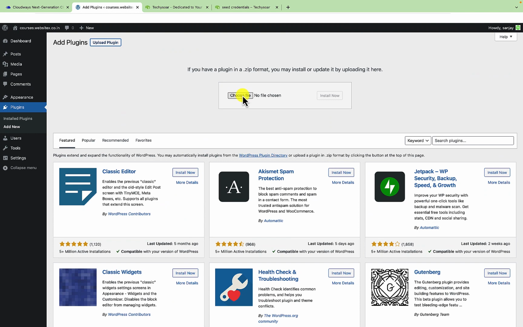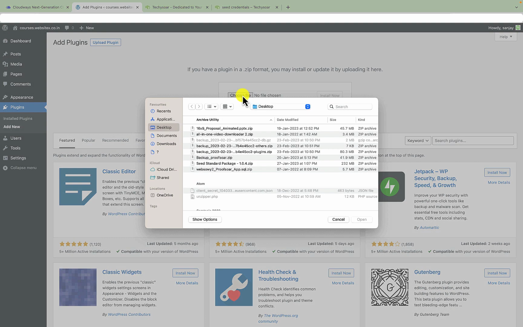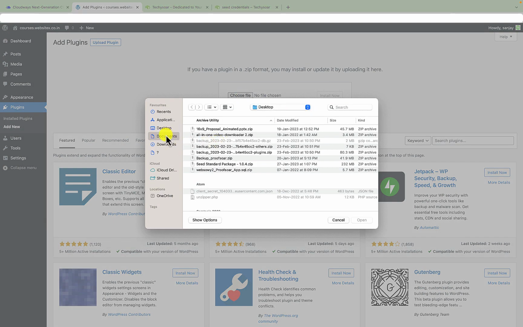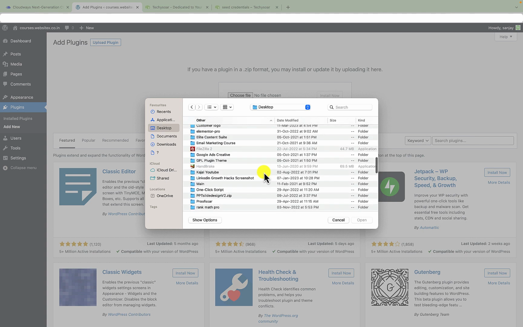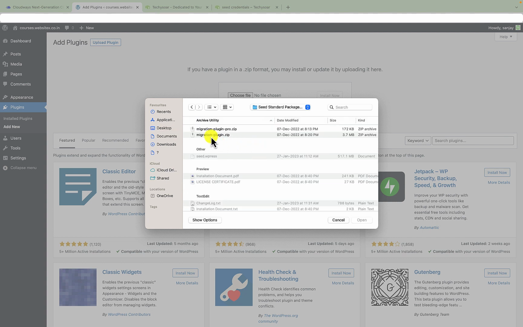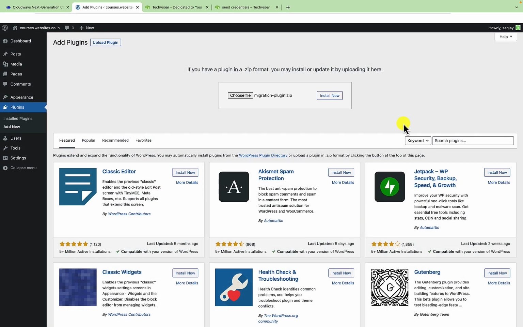Okay, so just click on choose file, and let me select the folder. Okay, so this is the folder seed standard package. Just open it, and I'm selecting these plugins. So I'm going to install these two plugins one by one. Just click on install now,